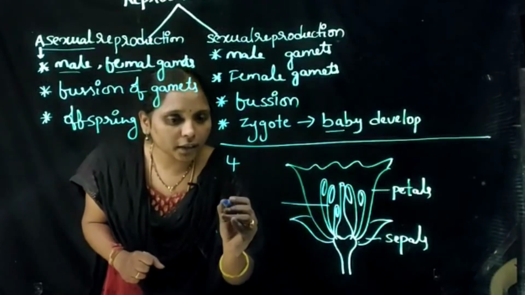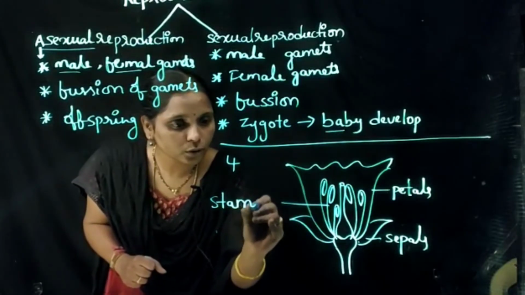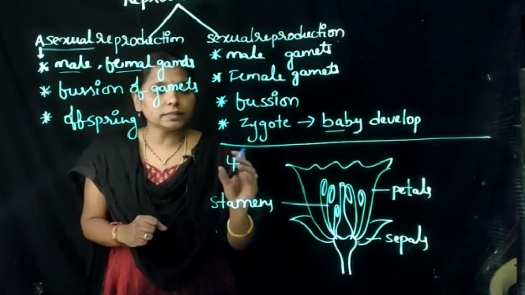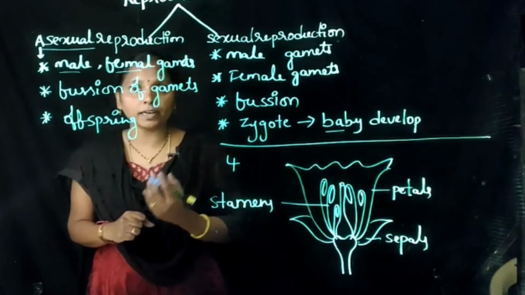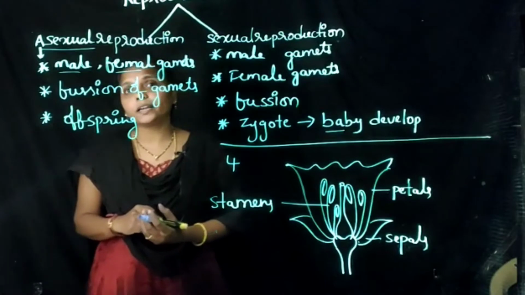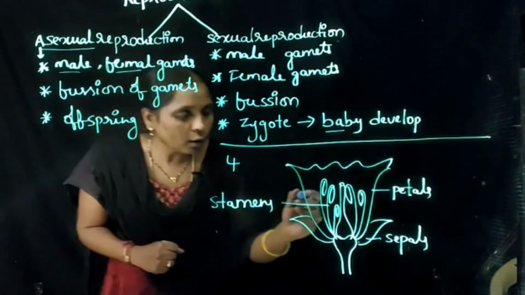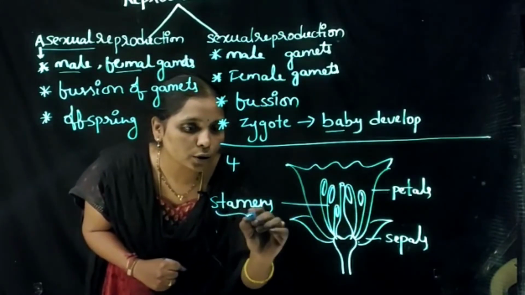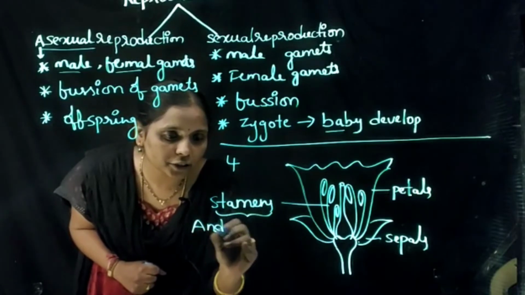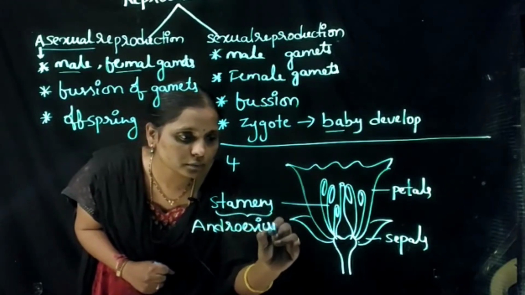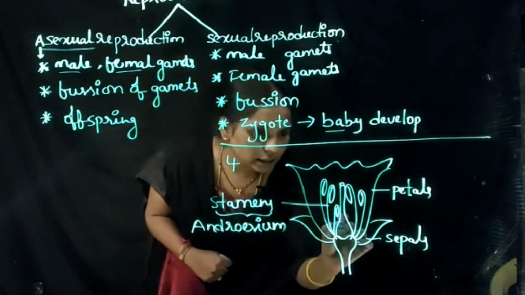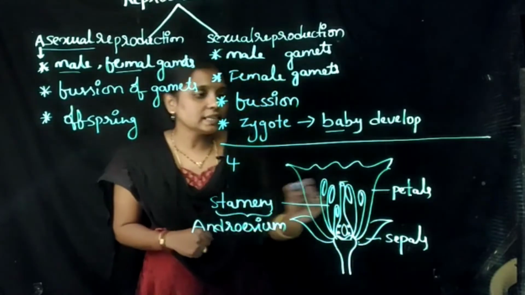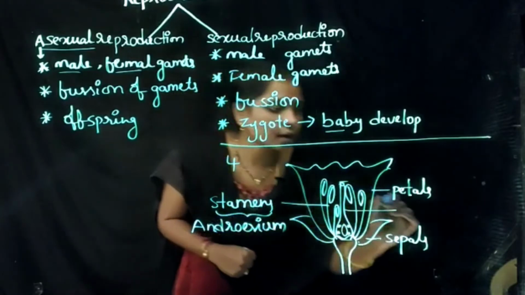this part is commonly known as stamens. So in every flower we find a number of stamens, means in some flowers we find 3 stamens, in some flowers we find 5, in some more than 5. So altogether in this flower we find 5. Altogether these 5 stamens are known as androecium. And next after this region, from here to here, this region is known as gynoecium.